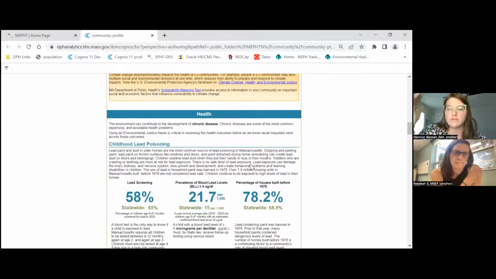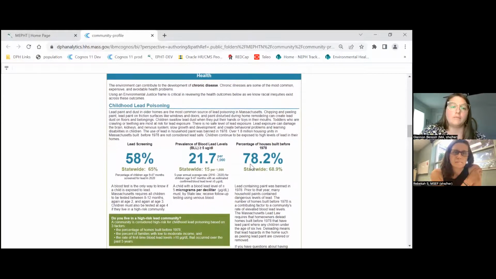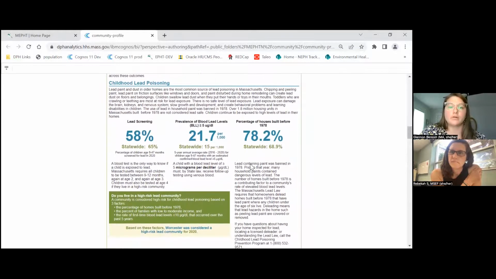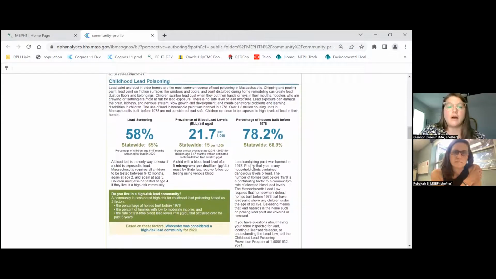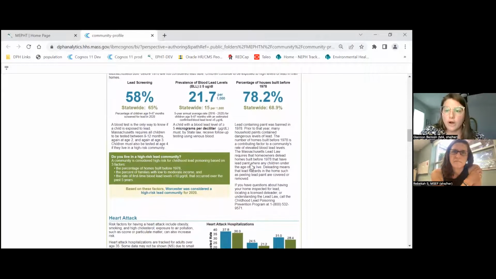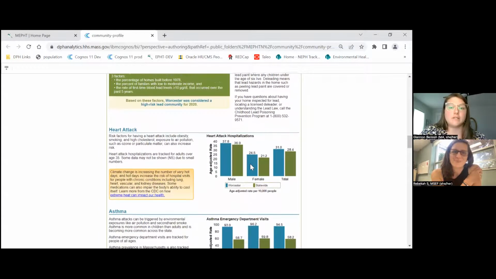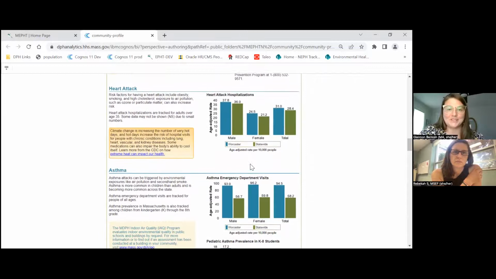And then after the demographic information, it moves into health. So we start with our childhood lead poisoning, with lots of background information about what these outcomes are and why they are important, which I'm not going to dive into each one here because we only have so much time.